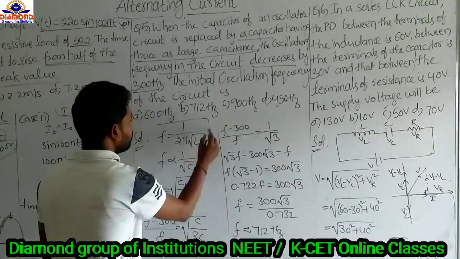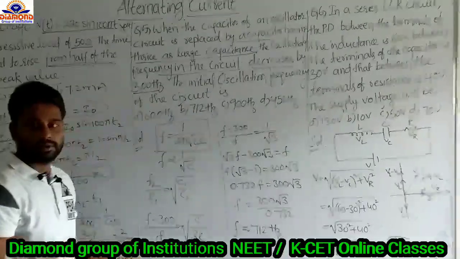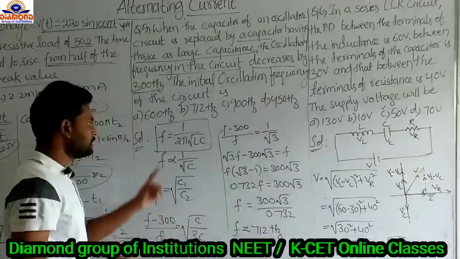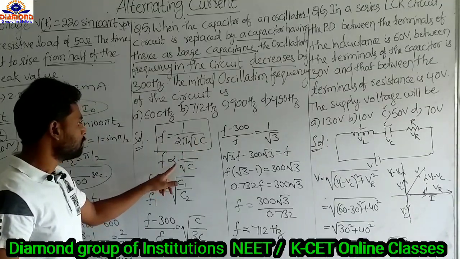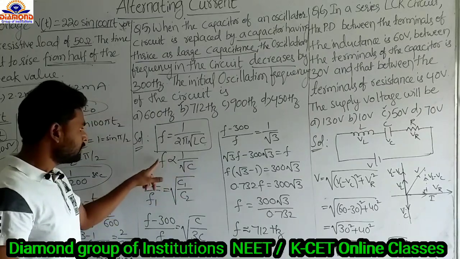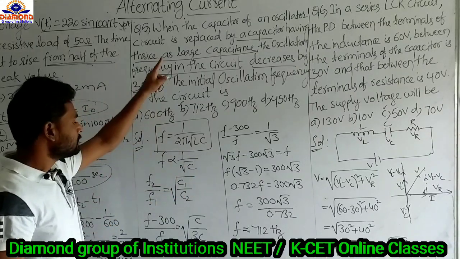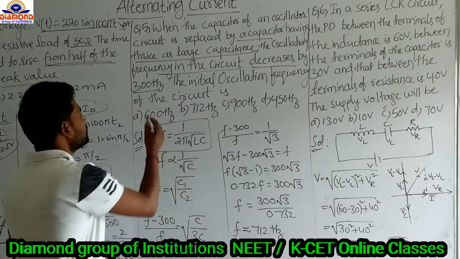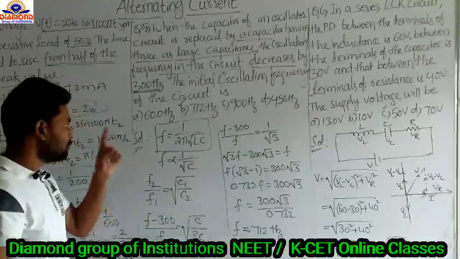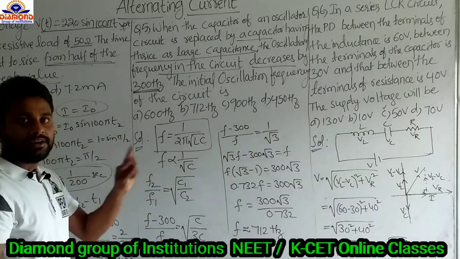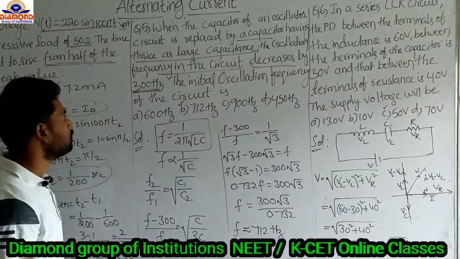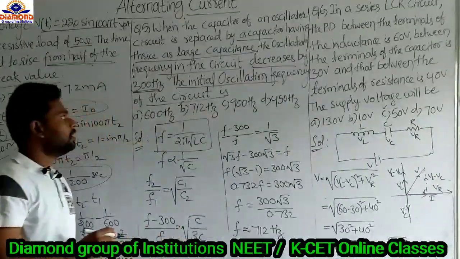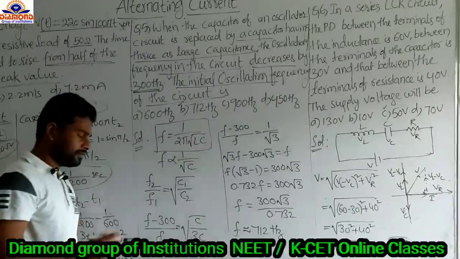In an oscillation circuit, the frequency formula we have is F equal to 1 by 2 pi root LC, you know already this formula. If C increases, F decreases. Now we know the relationship between the frequency and the capacitance. F is inversely proportional to root C. If C increases, F decreases. C decreases, F increases. Here they said capacitance increases by 3 times. So now frequency decreases by some amount. How much does it decrease? By 300 Hertz. Suppose initially F is there, now finally F minus 300. Then they are asking for the initial oscillation frequency of the circuit. F, frequency, we have to find.